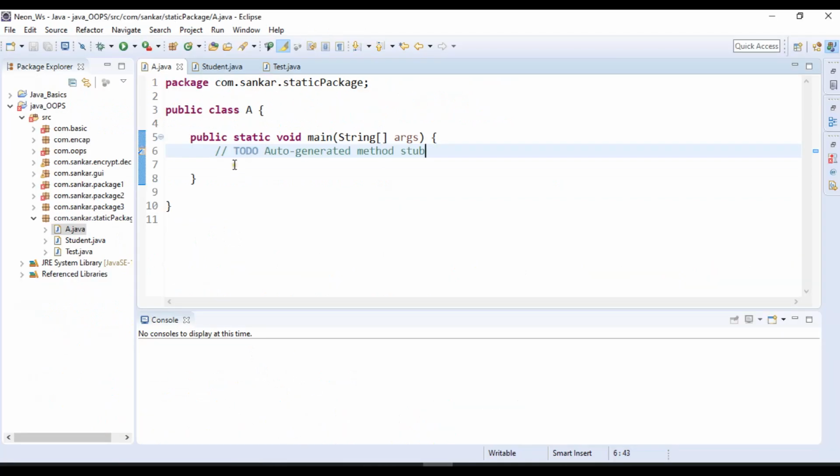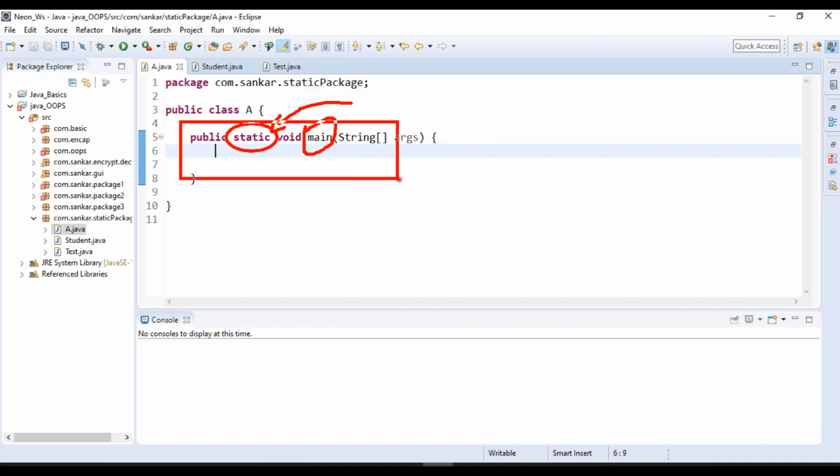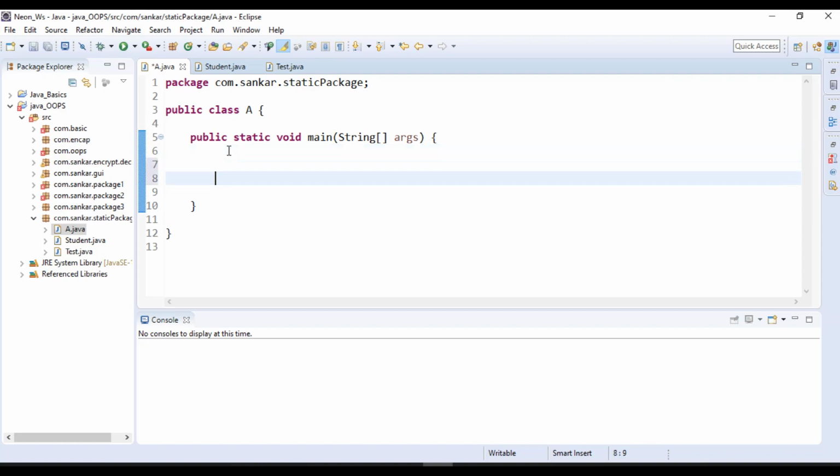See, I opened Eclipse. This is a normal program. If you observe clearly in this program itself, here we have static. This is the main method, and this main method also contains static. Static is one keyword here, static is one modifier, a non-access modifier. This is one method, so we can apply it for methods also. One point is already clear. Then we will create the other things also.